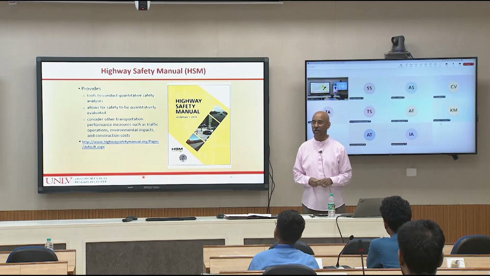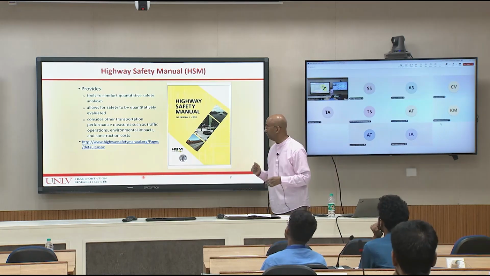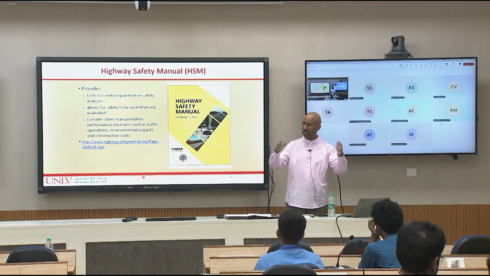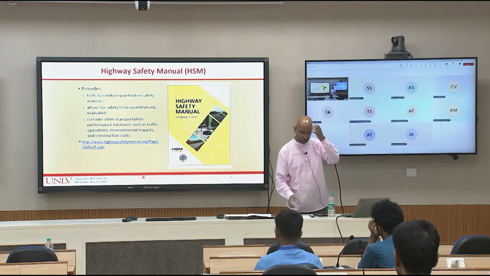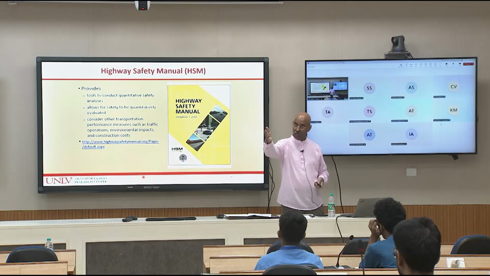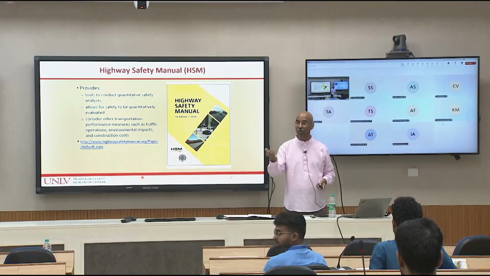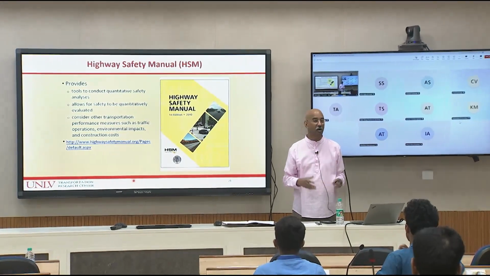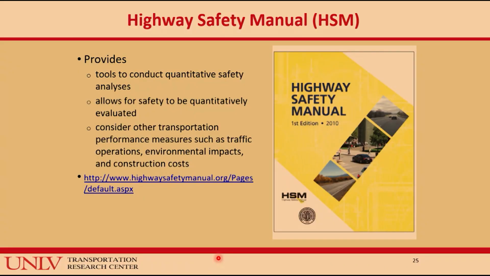So the Highway Safety Manual is something that's been around since 2010 in the United States. It's patterned after similar efforts around the world, and in the next several slides I'll describe it, and it is used extensively. Once again, to come back to your point, Ritvik, about how we use what I just showed you: how do we document that if we did this project, this change, this intervention, the number of fatalities will decrease from 12 in 5 years to 10 in 5 years. There are ways to look at that. So this has certain approaches or methods that will help you estimate the benefits.